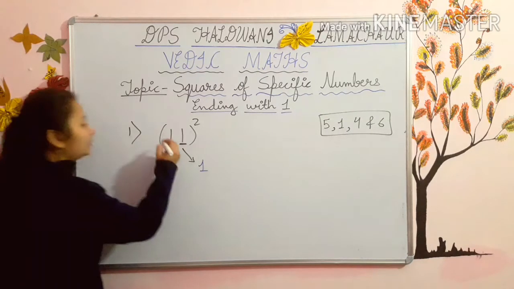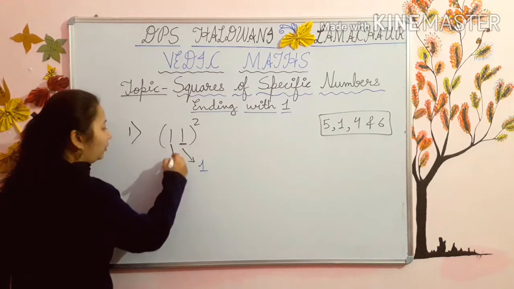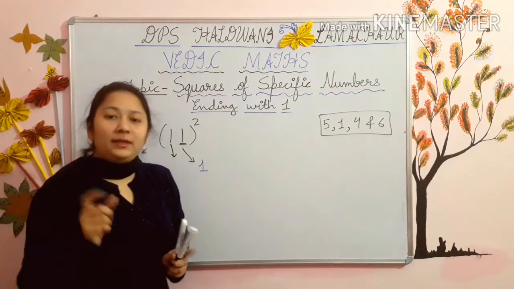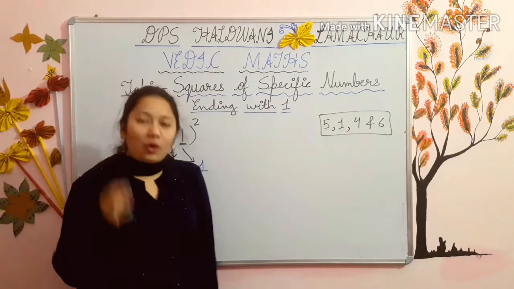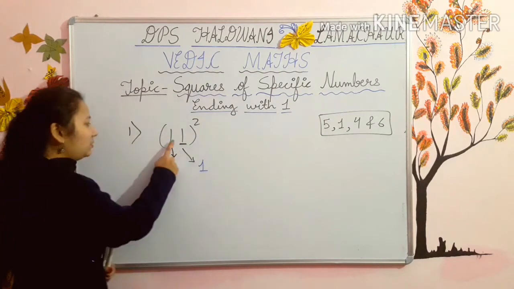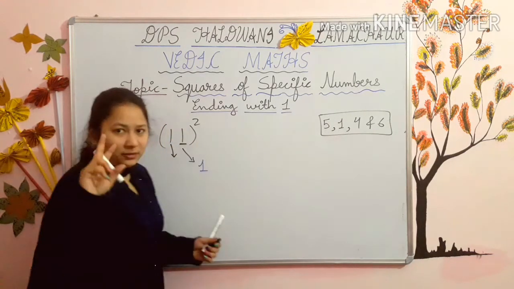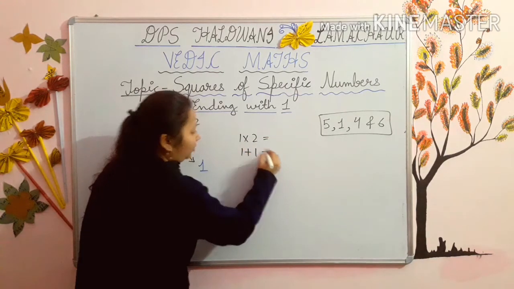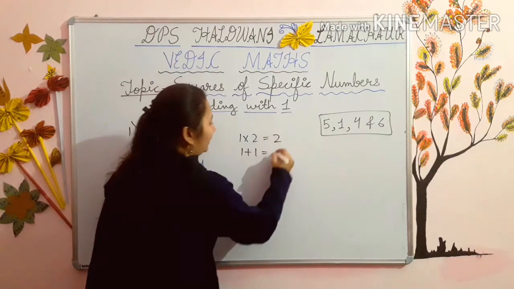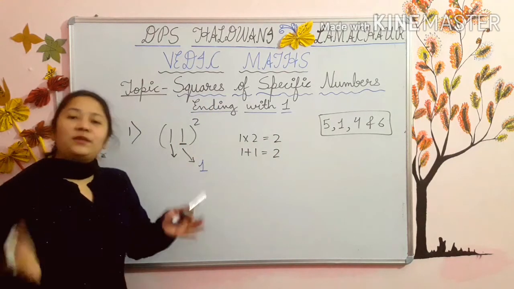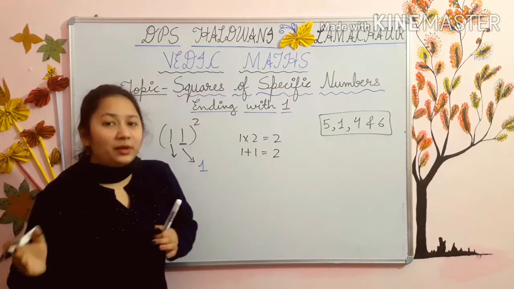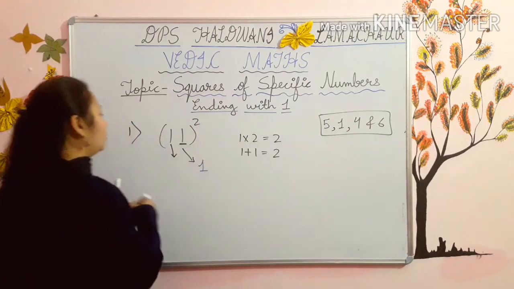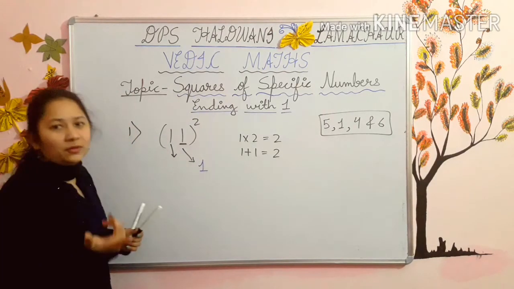Okay. Now, second, what you have to do? First of all, you have to double this number. Double means you can multiply it with 2 or you can add it 2 times. Like here is 1. So, the two things you can do, either multiply it with 2 or add it twice. The answer will be same. It means you have to double the number. If it is 4, the double of 4 is 4 plus 4, 8. Or you can do 4 into 2, which is 8. It's the same. So, the double of 1 is 2.